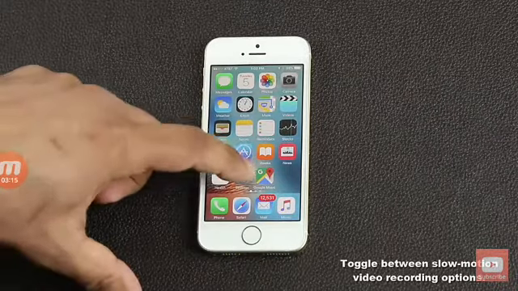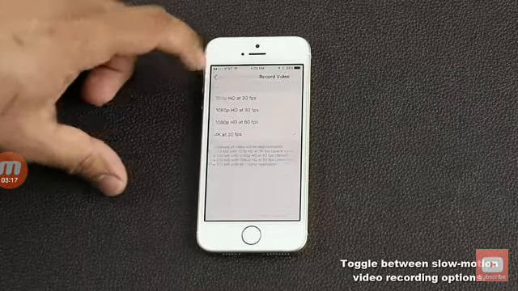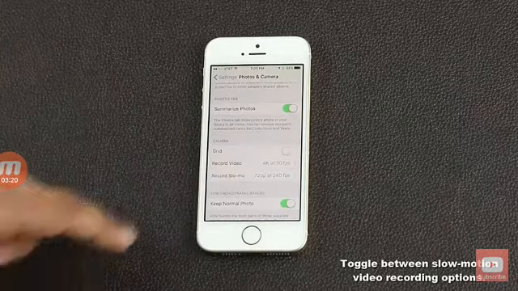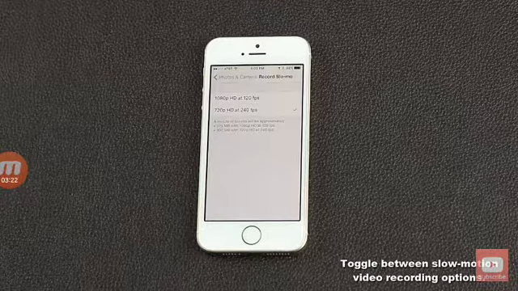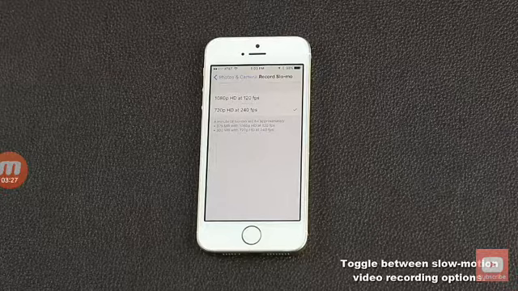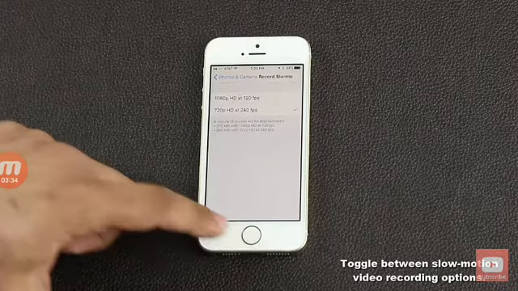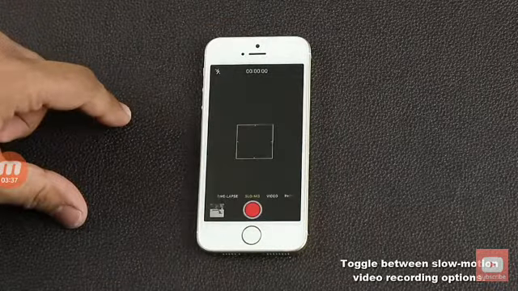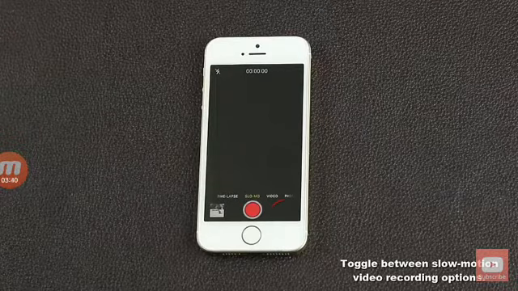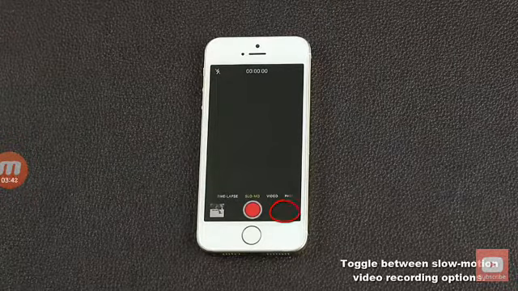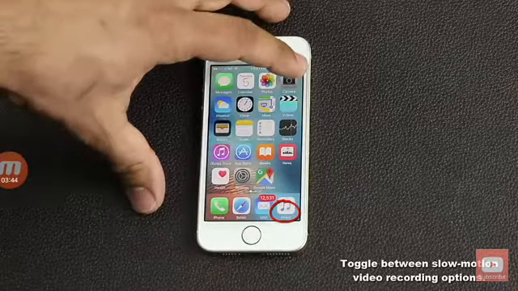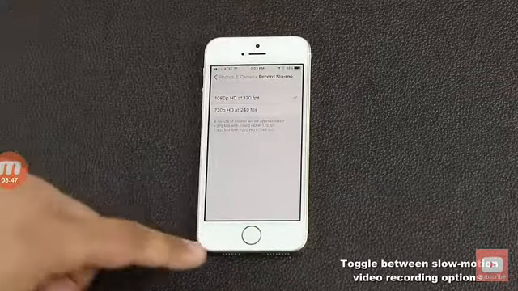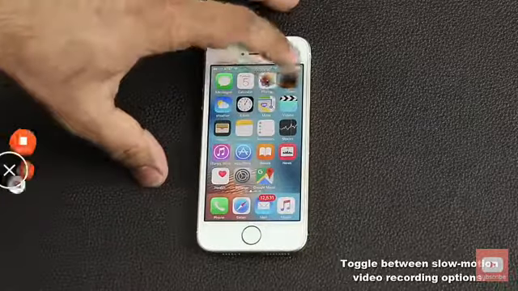Now you can do the same thing with slow motion recording. So let's go back into settings, go back into photos and camera, and right at the bottom it says record slow motion. You do have 2 options. You can do 1080p at 120 frames per second or 720p at 240 frames per second, which is going to give you super slow motion. And if you go back into the camera, and if you scroll over to slow-mo, at the bottom block you're not going to see anything. If you don't see anything, that means it's being recorded at 240 frames per second. If you pick this option and go back to the camera,